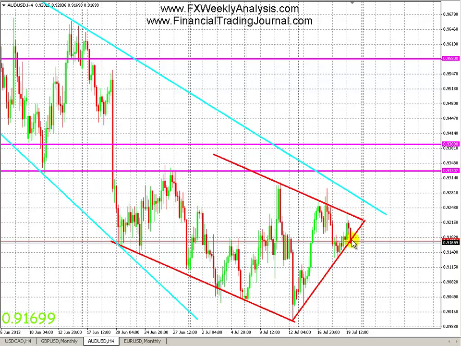Playing the channel, we expect price to break downwards, but considering that this is a symmetrical triangle, it can go either way. To the upside, we have the aqua trend line, which is where bears might start loading shorts, or even up to here, which is the levels I mentioned in no man's land. That's where potential levels for shorts are as well. Otherwise, on the downside, as I mentioned, long term, we're going down to 0.8, 0.7.